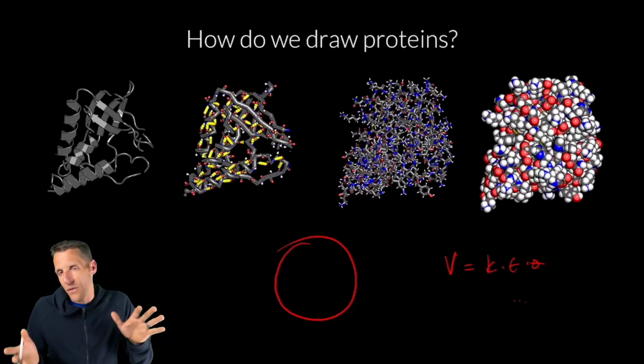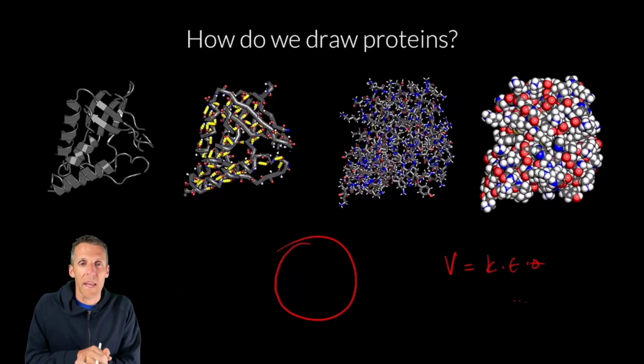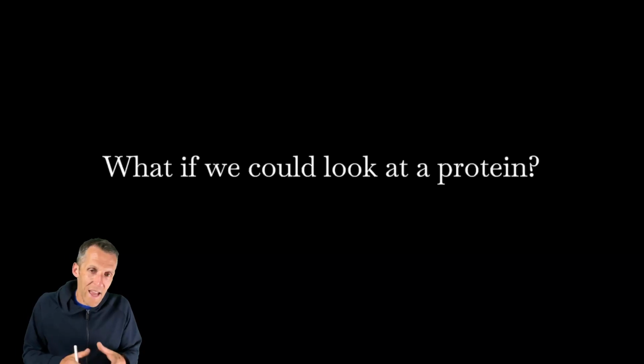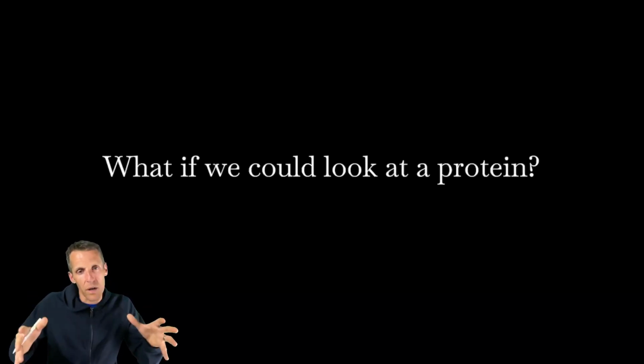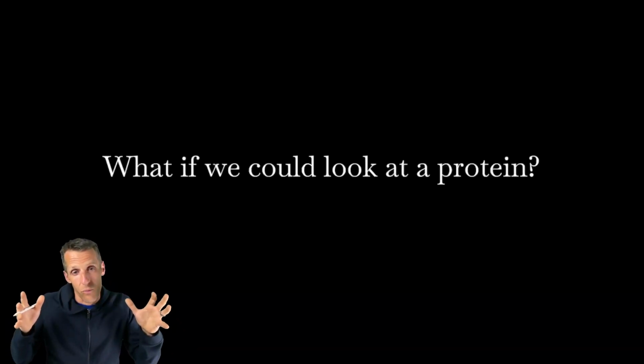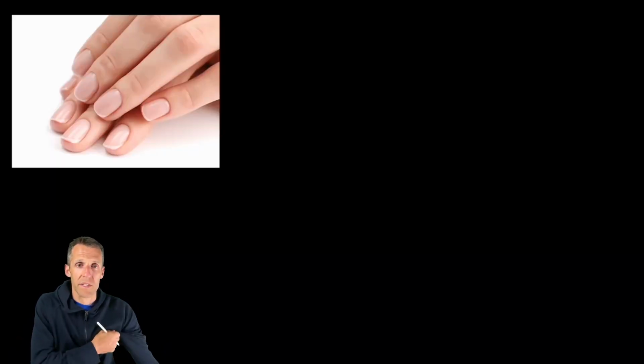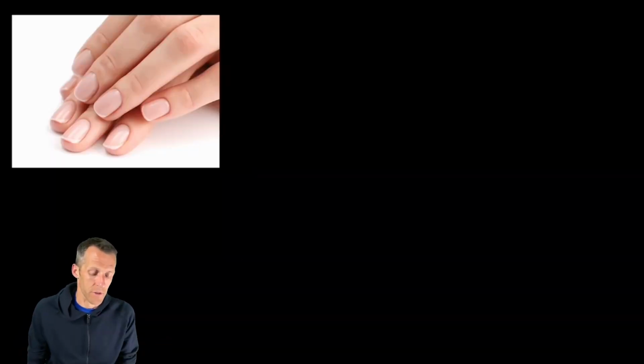But what I'd like to do for the moment, motivating this protein dynamics thing, is to ask the question, well, what does a protein look like to itself? Which is maybe a little bit silly, but I think it's actually a really helpful approach. Like if we could look at a protein on a scale that's relevant to the protein, what would we see? And a good way to do this is through one of these scale zooming exercises.